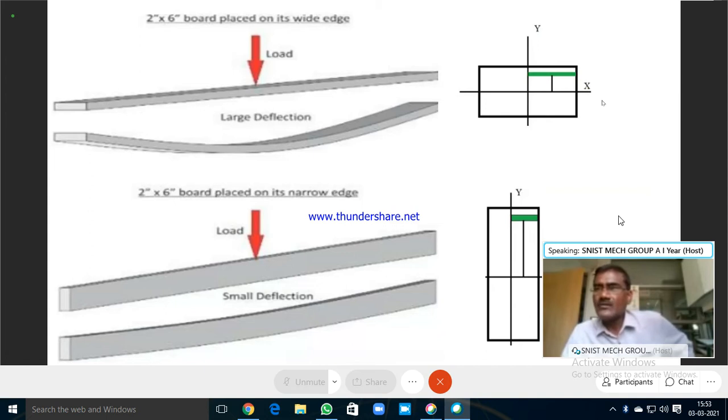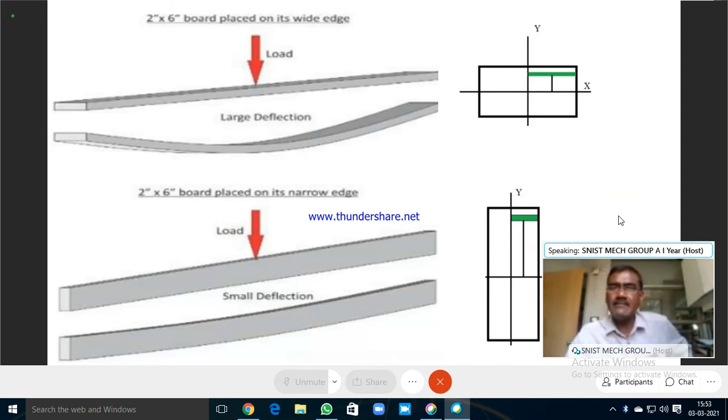Yes, force applied on the length, exactly. It's not, you cannot say length. You see that the orientation is changed. So initially the beam is resting on the wide edge. You can say there are two edges. This is wide edge on width and thickness. Now this is standing on the width. Here it is standing on the thickness. That is only the change. You can see pictorial view. Clearly it is visible. Right?